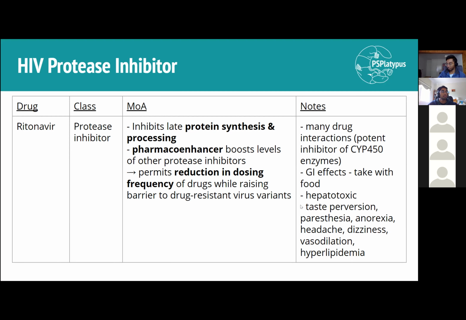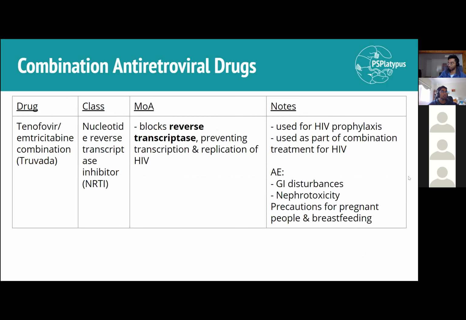But there's a ton of side effects, as we talked about, since HIV drugs have a ton of side effects. Probably keep in mind specifically the first 3 dot points. So that's drug interactions, GI, and hepatotoxicity,